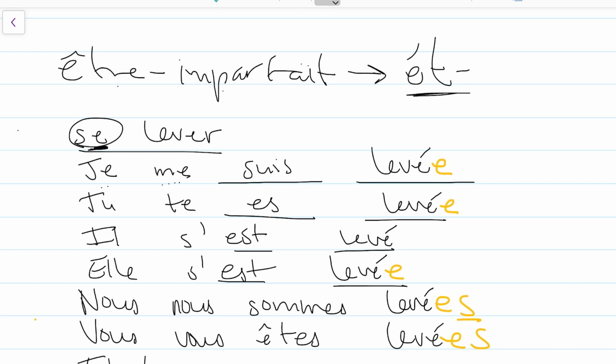And then finally, ils or elles se sont levés with an extra e if you've got elles, and for sure an extra s because it's plural. So don't forget that that's how those work. The one exception to the whole agreement thing